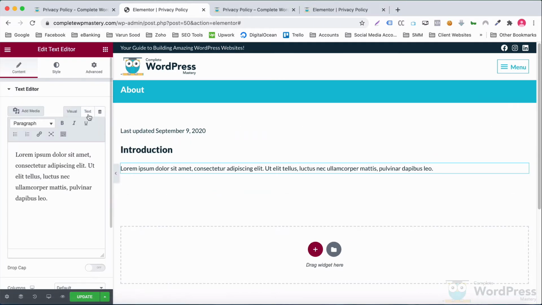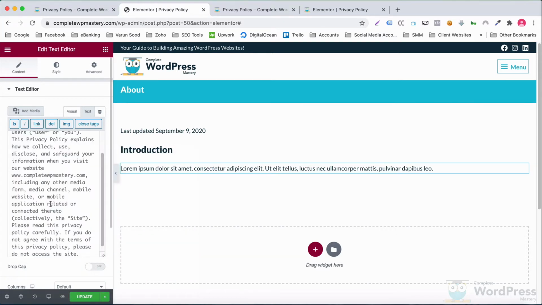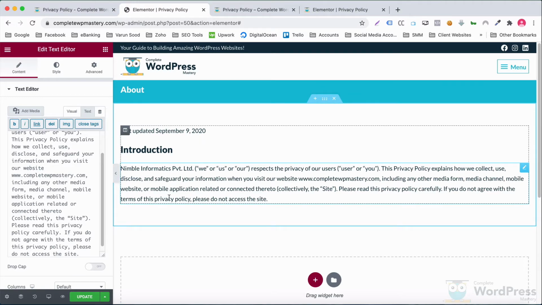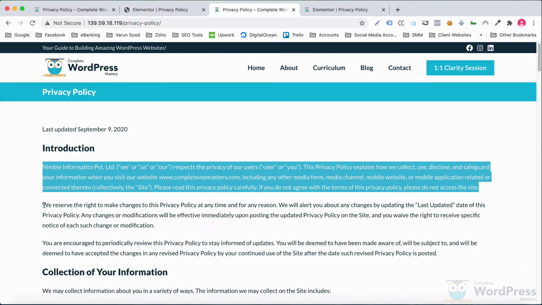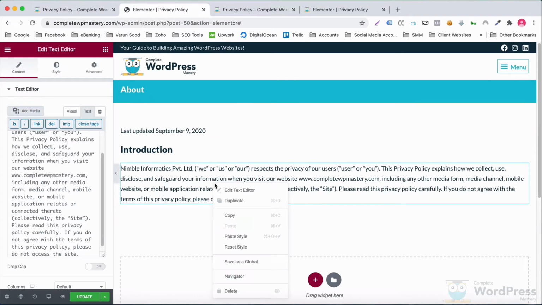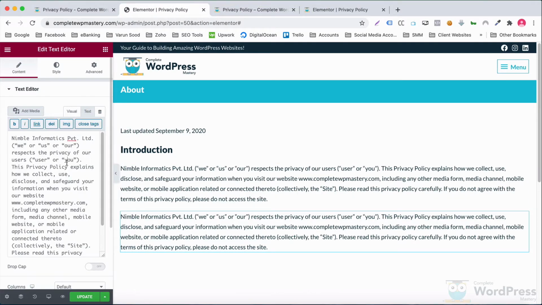We have another text editor, and I'll copy this text into it. I'll duplicate this widget and quickly create these two paragraphs.